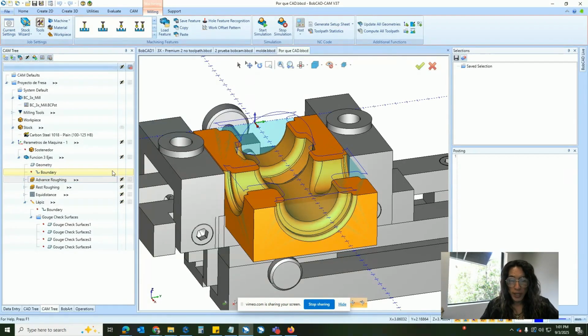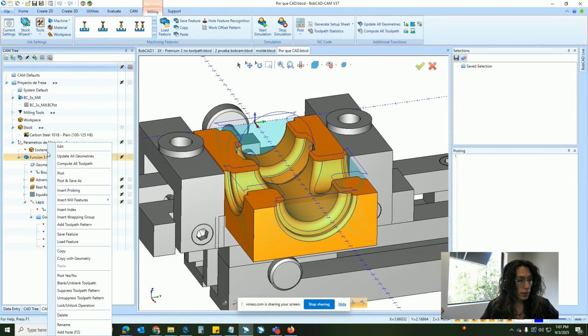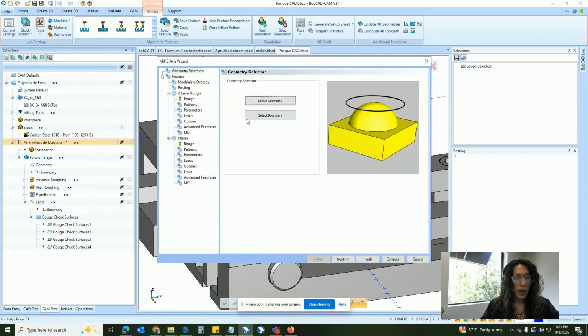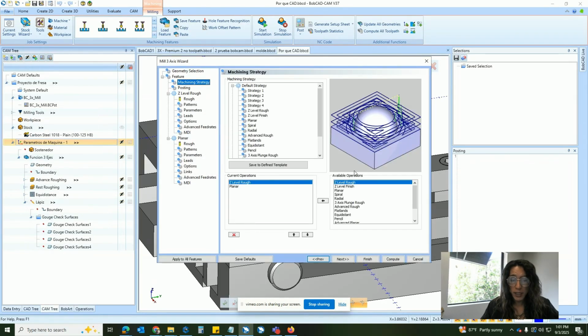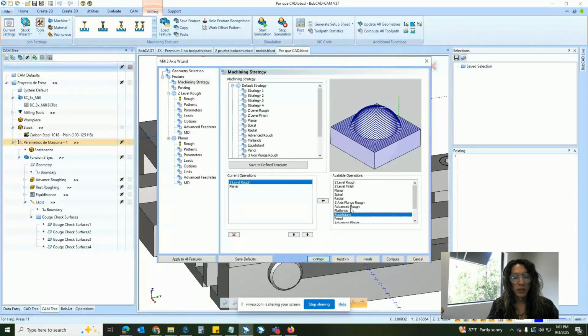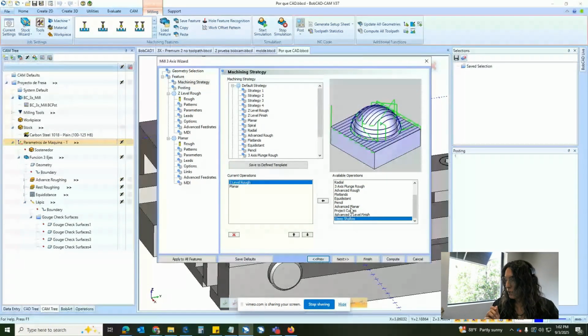To access your three-axis Pro, you're going to right-click right here, and then press three-axis. And the strategies that apply for three-axis Pro are going to be these ones: advanced roughing, flatlands, equidistance offset, pencil, advanced planar, project curves, Z-level finish, and those are our three-axis Pro. Steep and shallow, it's going to be part of